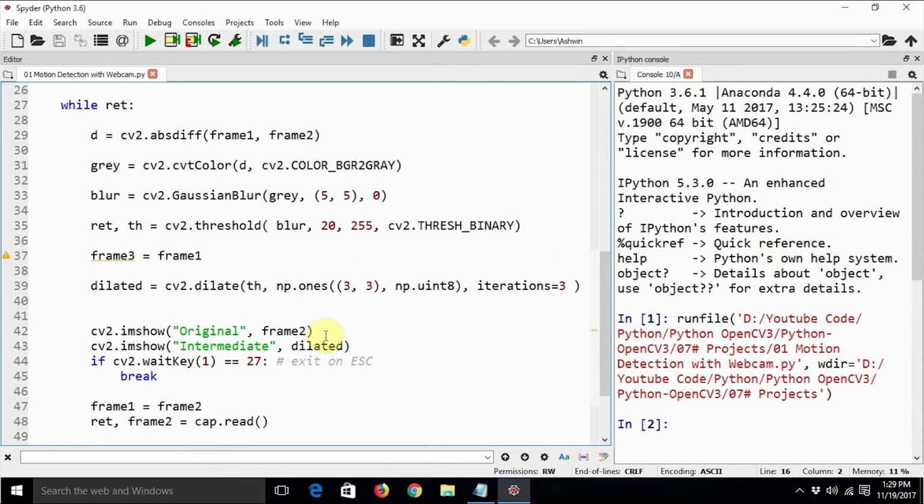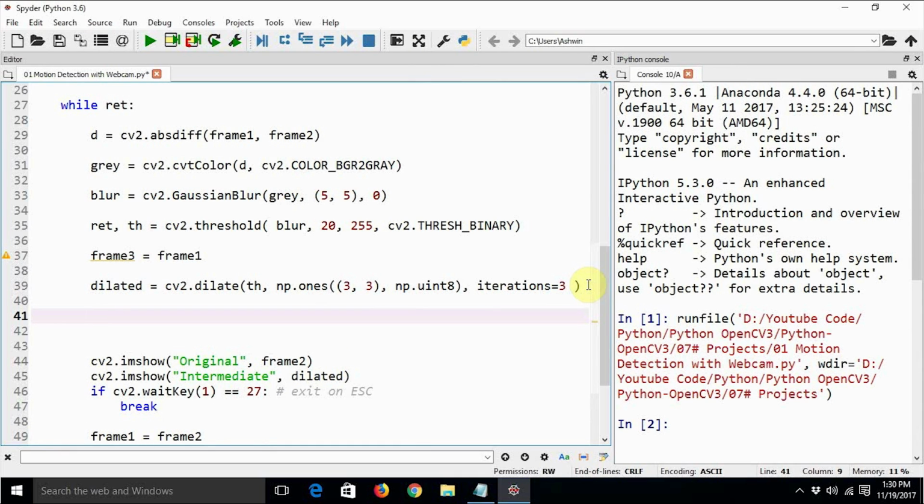So for drawing contours, we already know, because that was just last tutorial that we saw. Just say img, contours, hierarchy, or I will just shorten the variables because it's going to take a lot of characters on the screen. Find contours, and finally we will input the dilated image, dilated.